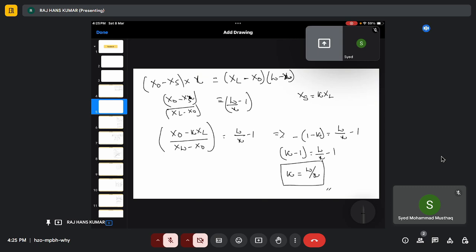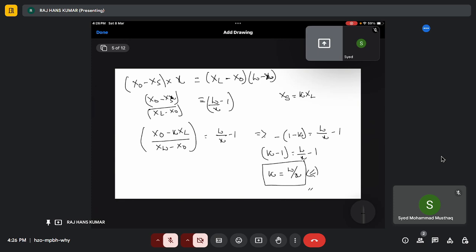Right, so this is our relation. Finally, you will arrive at this. Right, so this one is a simpler one. We do not have to do any more calculative thing here. It is very simple. Right? Now,